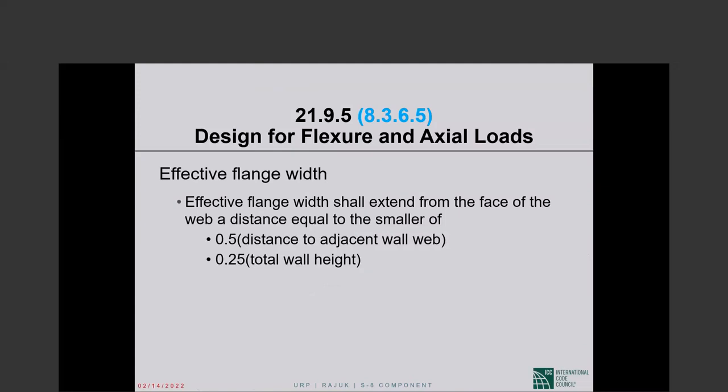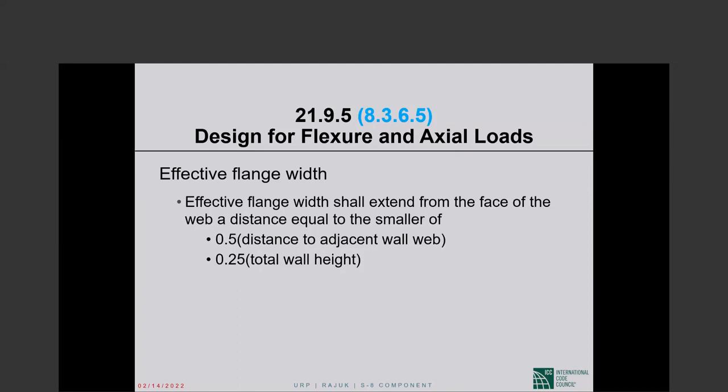Effective flange width shall extend from the face of the web a distance equal to the smaller of half the distance to the adjacent wall, so you cannot obviously encroach on the flange of the adjacent wall. You can go halfway to the next wall,